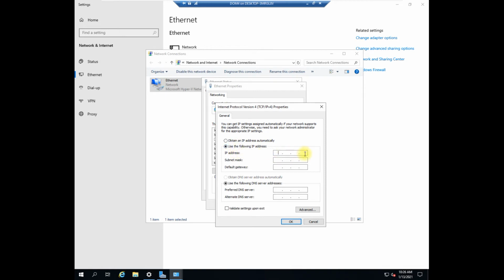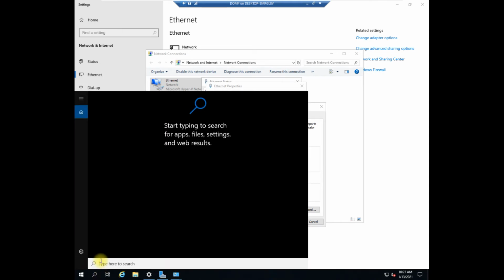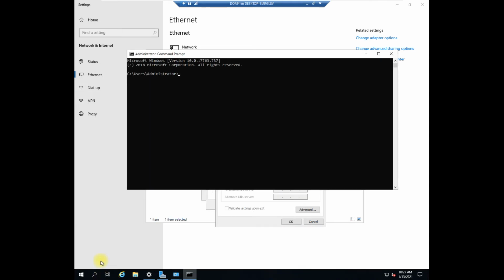So I'm not defining it over here. Whatever the dynamic IP address I'm getting in, I'll just be continuing with that itself. Or just for the purpose, I'll explain to you. Whatever the IP address is defined to this system, I'll try to get it configured with the same IP address. So the IP address defined to this system is this. So I'll try to get it configured with that same IP,